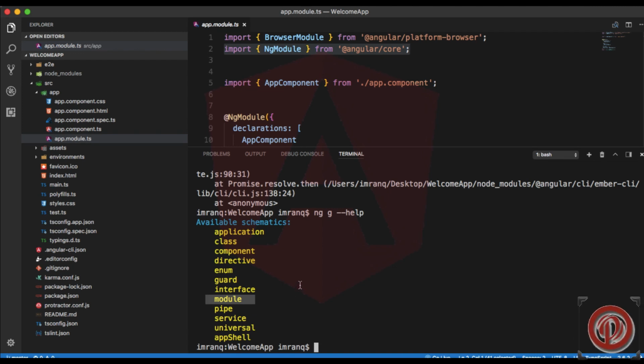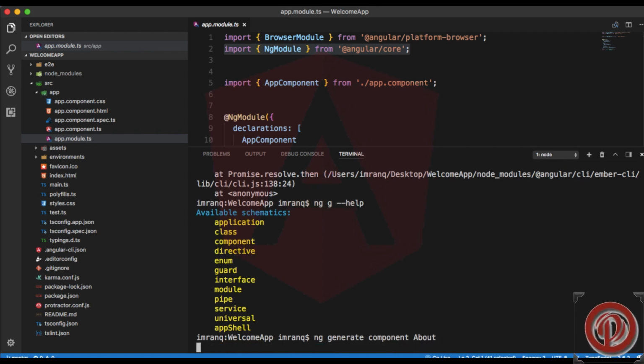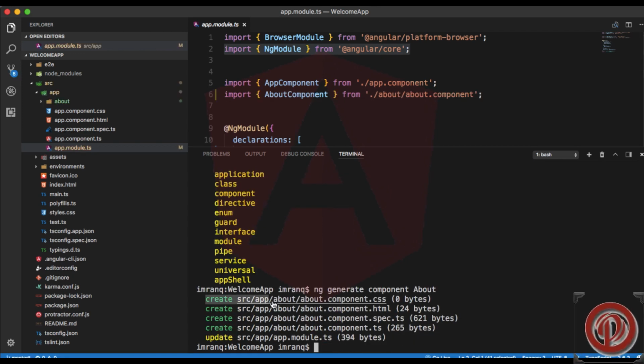We will see it. So right now, suppose I need to create an application where we have some other components, like let me say an about component. So how can I generate a component with the name of about, where we will mention about us or about our services? To do that, we just need ng generate component about. Simple, we will do that, and press enter, and it will create